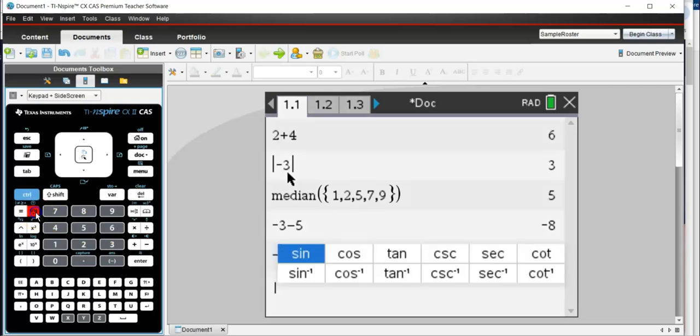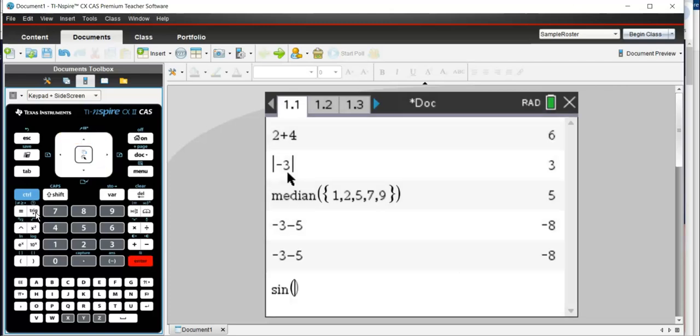Trig is really handy here. So if you hit the trig key, you actually have 6 different trig functions there, and then you have all the inverse functions. So those are the inverse functions as well. And so you can take the sine of a number. In fact, one thing that's kind of handy is, say we want to take the sine of 30. You may not realize this, but this is in radian mode here. If I say sine of 30,